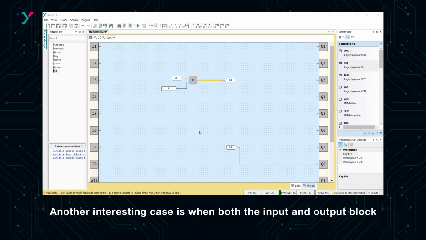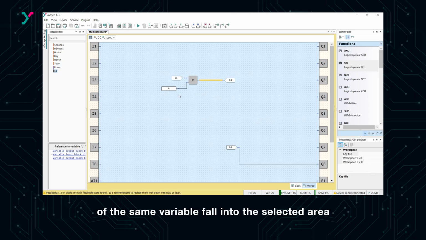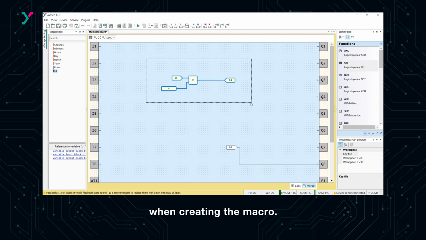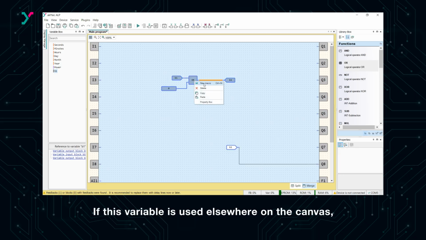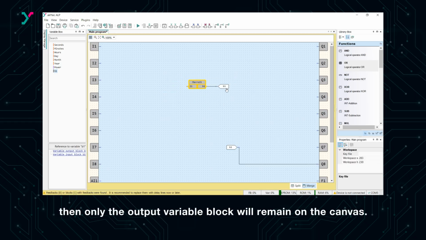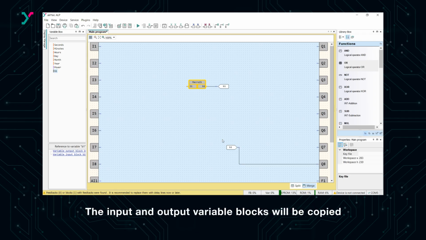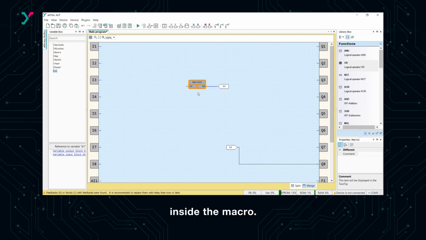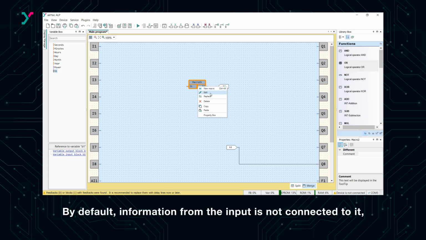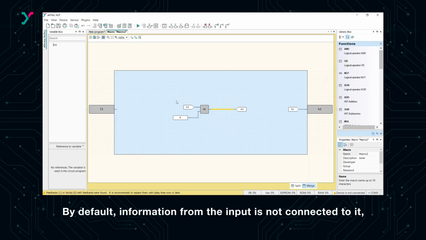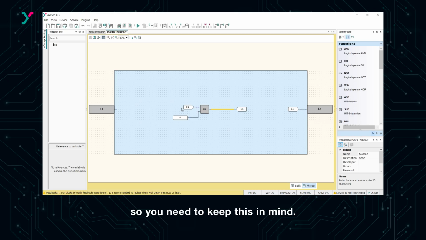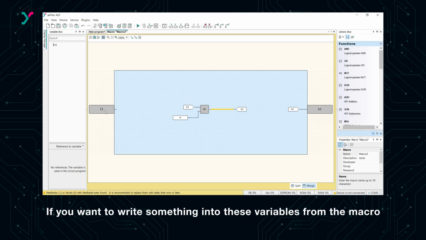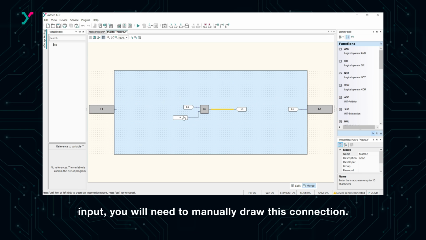Another interesting case is when both the input and output block of the same variable fall into the selected area when creating the macro. If this variable is used elsewhere on the canvas, then only the output variable block will remain on the canvas. The input and output variable blocks will be copied inside the macro. By default, information from the input is not connected to it, so you need to keep this in mind. If you want to write something into these variables from the macro input, you will need to manually draw this